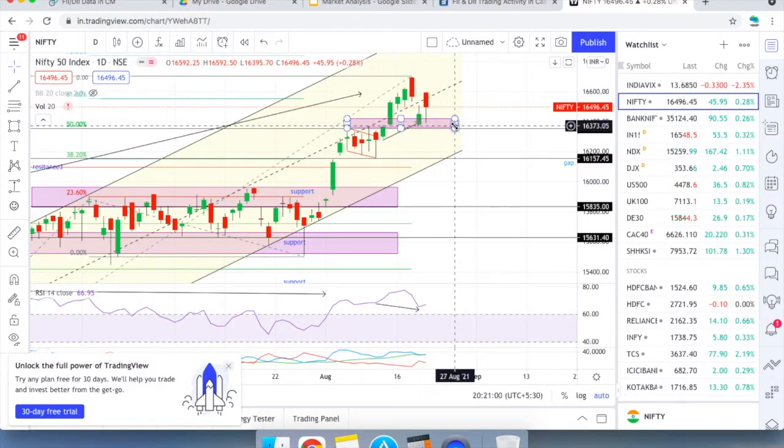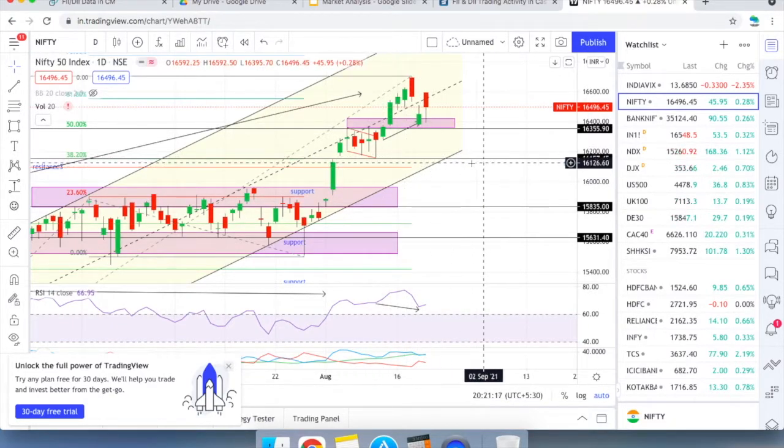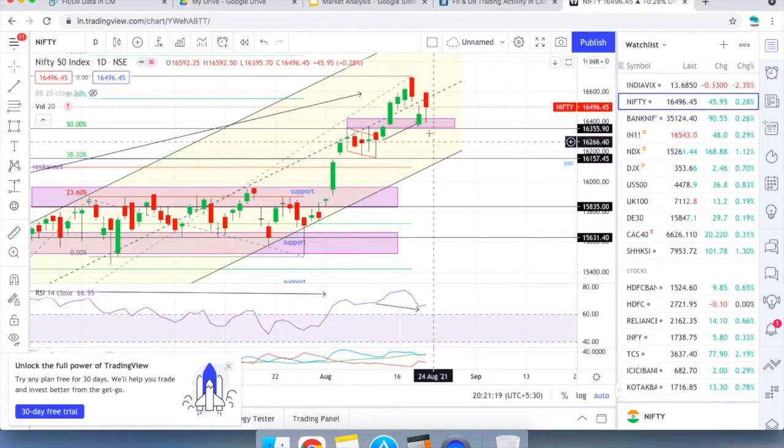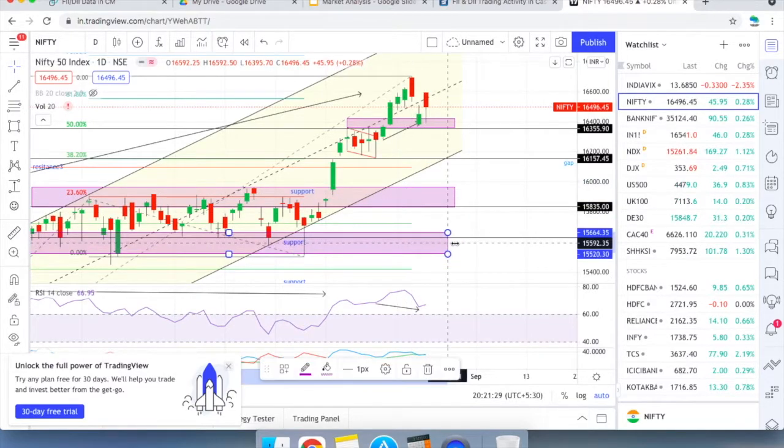So this may be a good support zone, and then this is currently at 16,700, the all-time high, and that is acting as the resistance zone. And below you have the 16,000 to 16,150 range, that would act as the next support if it slips from there. And below that you have the 6950 to 850 kind of band, right, which could be the next support zone